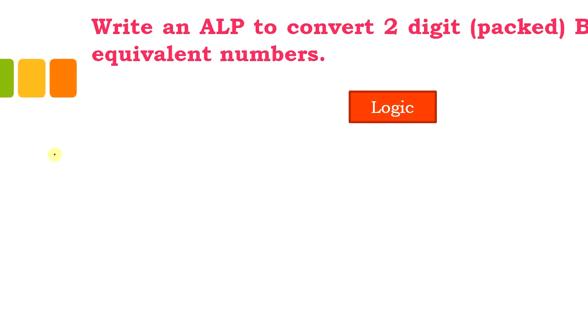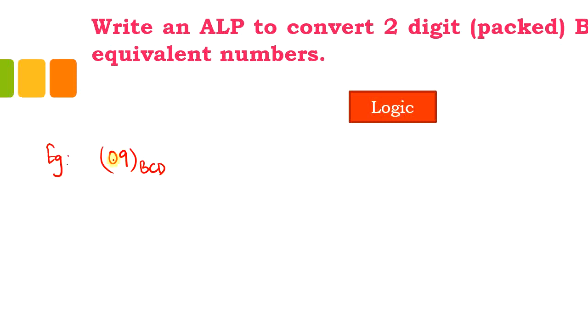So again, let me consider the example of 09. This is the BCD number. I said we are going to segregate this and unpack this, right? So first I will consider the complete number 09, which is BCD, and I want to obtain only the upper nibble, or do the conversion to the ASCII equivalent of only the upper nibble.